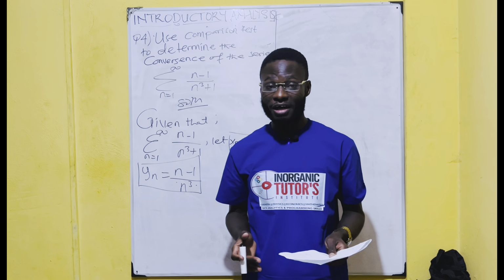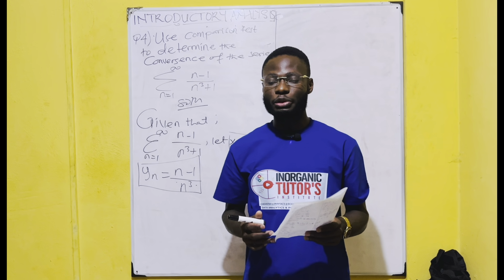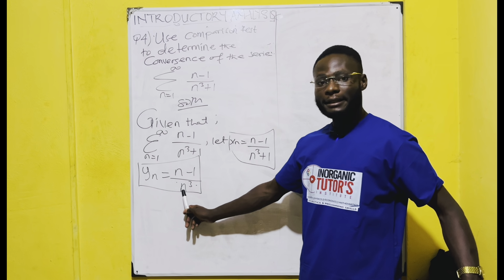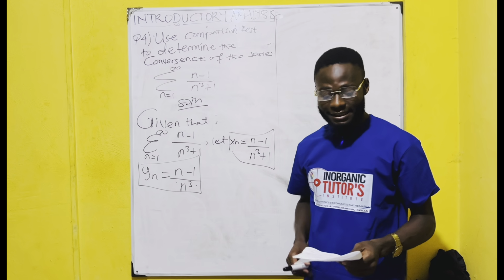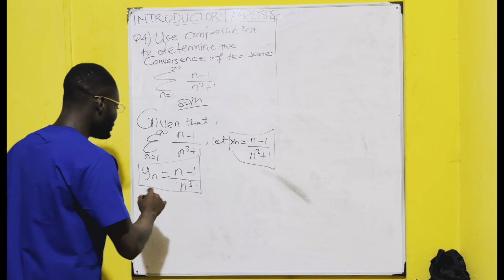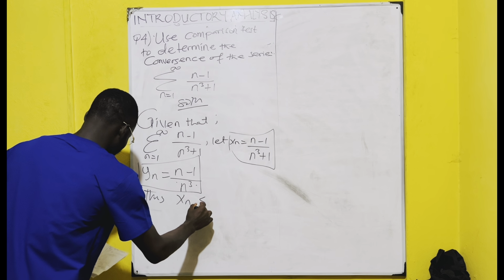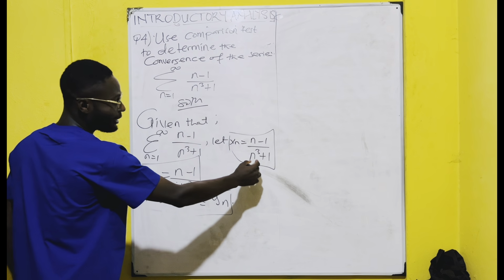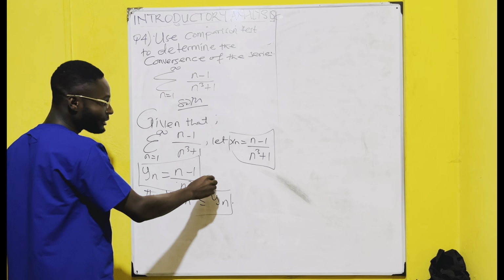Alright, so once you have been able to do that, the next step you have to follow is to make sure that the Sn is less than the Yn, right? The reason why I reduce the Yn by 1 is just that. So we say that Sn is less than or equal to Yn, right? So once we do this, we know that definitely the Sn will either be less or equal to this, because